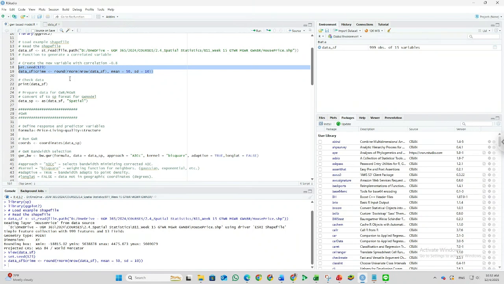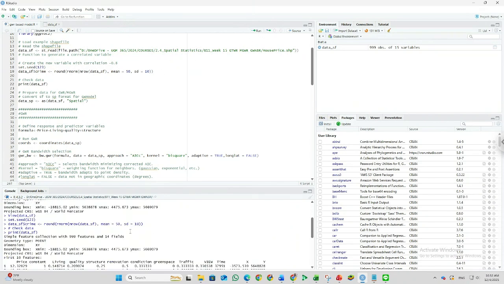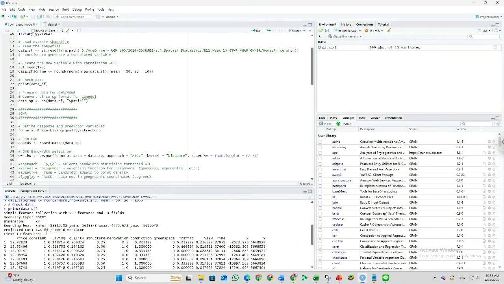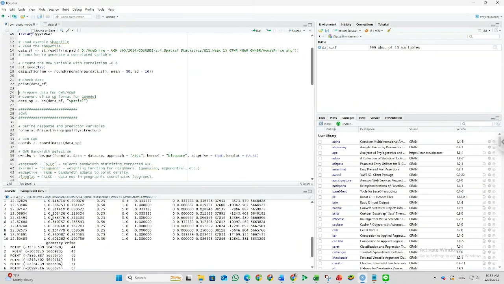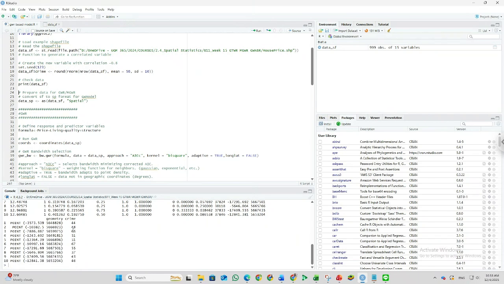You need to decide whether to set the normal distribution or not. If you set the normal distribution, you need to set the mean and also the standard deviation. Then we can also check this data like that. This is for the example. The explanation of the data is still the same, but we have the new variable in our data.